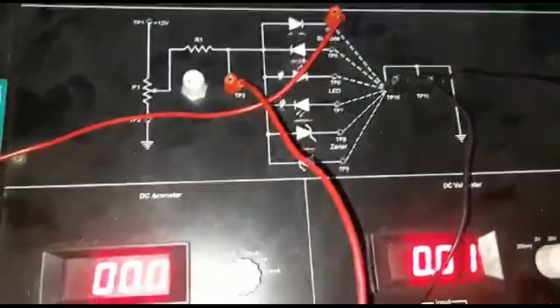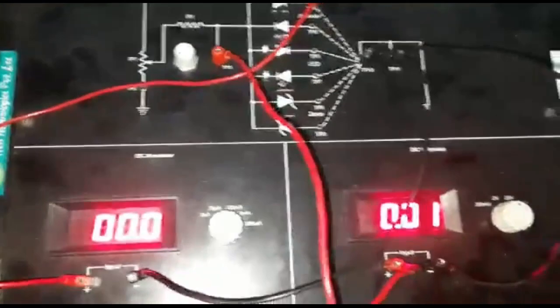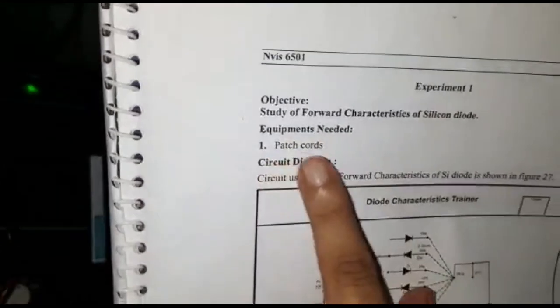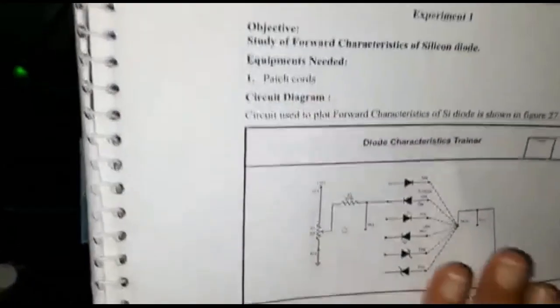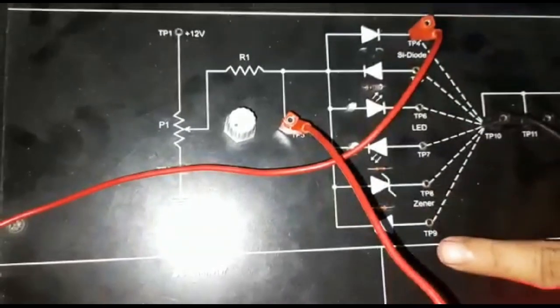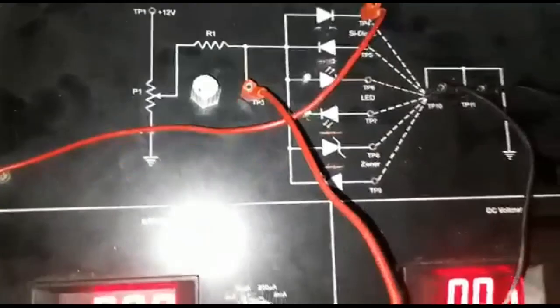This is the circuit of diode. Object of this experiment is study of forward characteristic of silicon diode. Experiments need only patch cords. This is the circuit used to plot forward characteristic of silicon diode. This diode is silicon, this is germanium diode, and this is Zener diode. Before making connection, first we